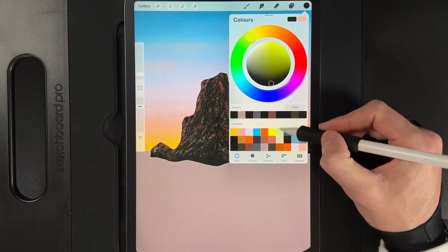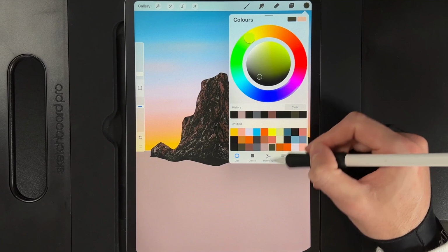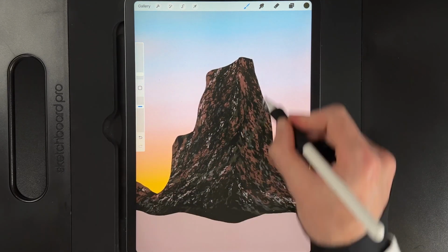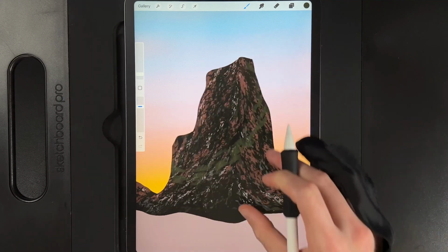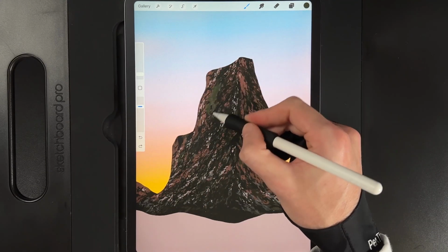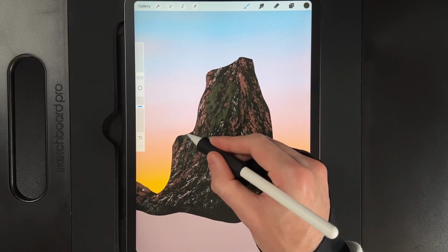Let's then go to our colors and start to think about adding in some of these greener tones. So this is going to add in vegetation now. So we're going to move to this color here. It's the 5th color from the right. And now we want to focus more of our green area in this area here. So follow that area. We're going to follow the same shapes, following those lines down,